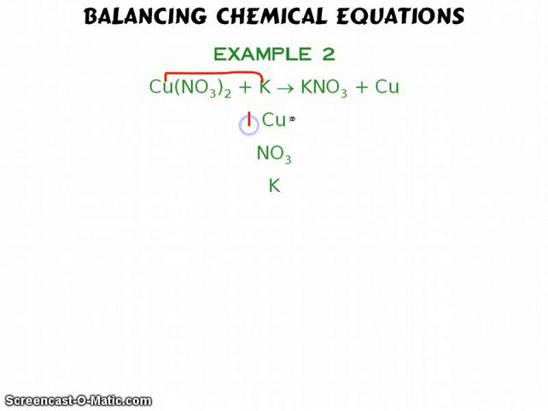We have 1 copper on each side, we have 1 potassium on each side, and as nitrate remains the same on both sides of the equation, there's no need to separate it, so we can count them together. 2 nitrates on this side, 1 nitrate on that side. I'll adjust the nitrates by putting a 2 in front of potassium nitrate, which also produces 2 potassiums. Correct that with a 2 in front of the element potassium, and my equation satisfies the law of conservation of